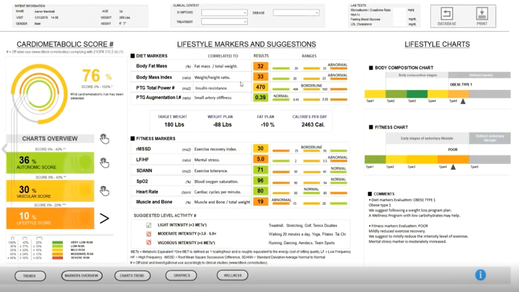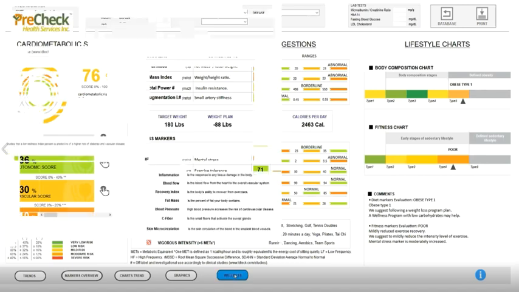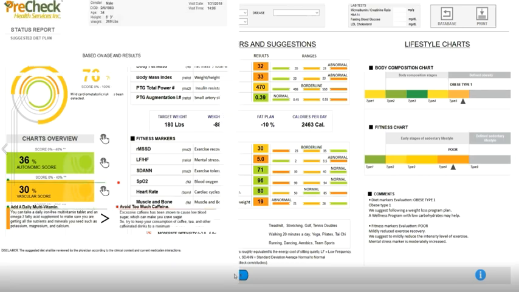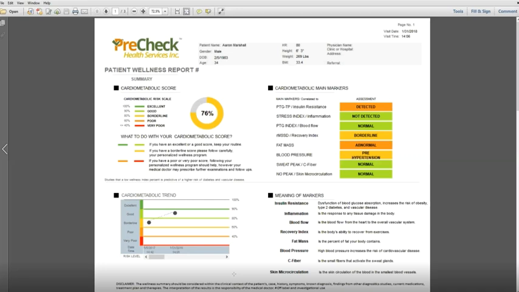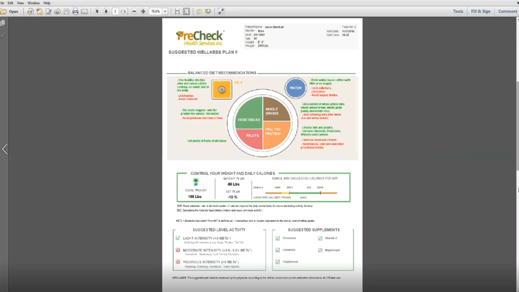So if the patient's BMI is over 30, it indicates that they're obese. And I'm not going to get into the CPT codes with any type of detail, but if the BMI is over 30, it indicates that the person's obese. The doctor can perform a wellness consultation. And we've put together a wellness program that includes the risk for cardiovascular disease and diabetes, the different markers that we have,